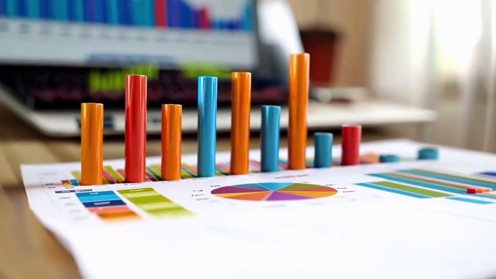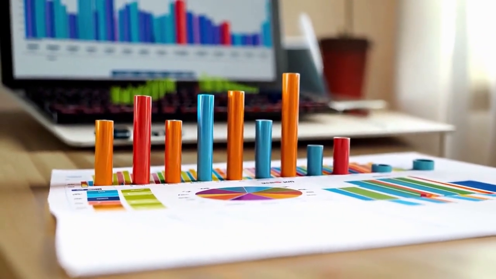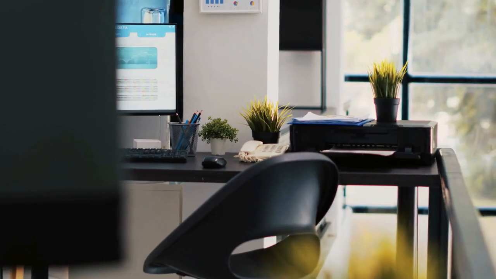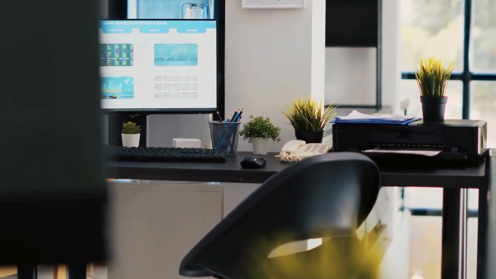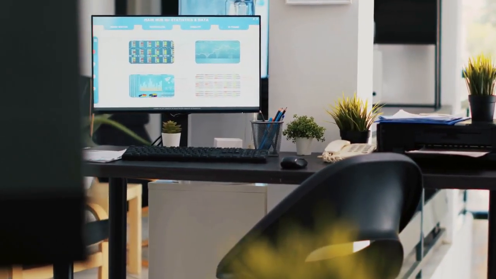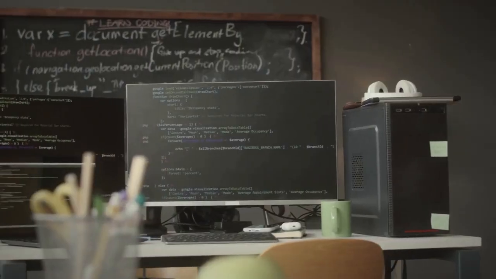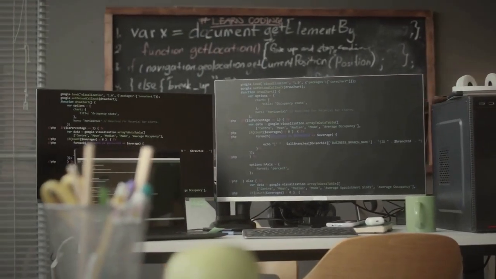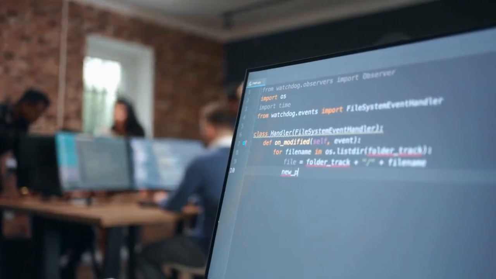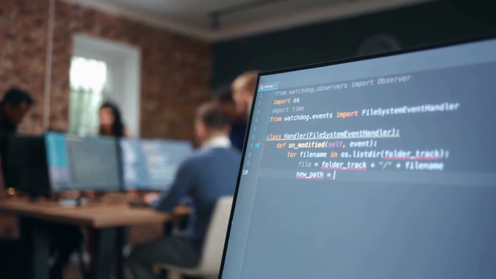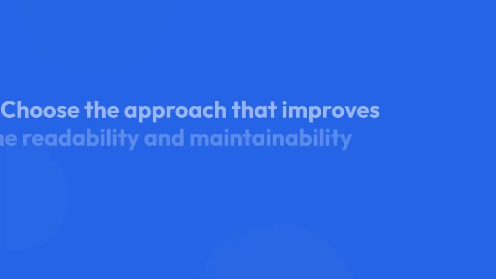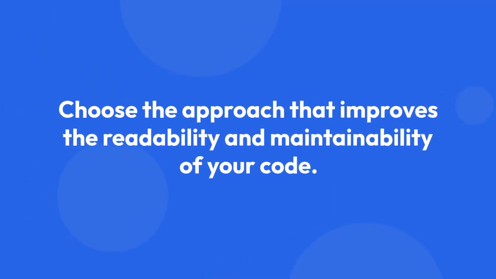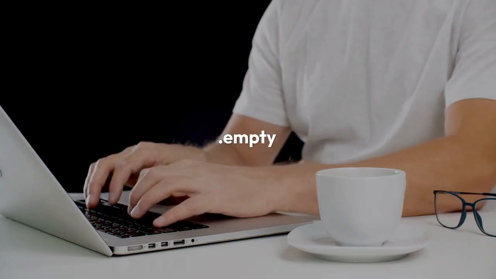In summary, all the above methods can effectively determine whether your Pandas DataFrame is empty. However, using the empty attribute, if my_dataframe.empty is True, or simply if my_dataframe.empty, offers the best combination of clarity, efficiency, and directness. It's the most Pythonic and easily understood way to check for an empty DataFrame. The other methods are also valid, but are slightly less concise and potentially less efficient in comparison. Remember to always choose the approach that improves the readability and maintainability of your code. Using the empty attribute is generally recommended as the best